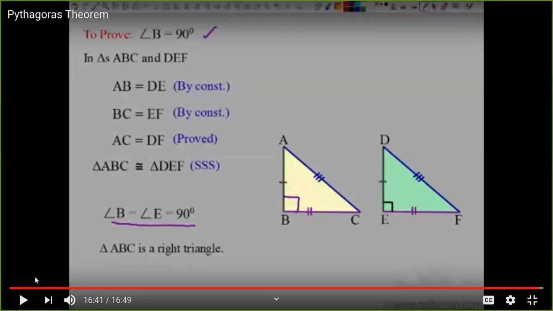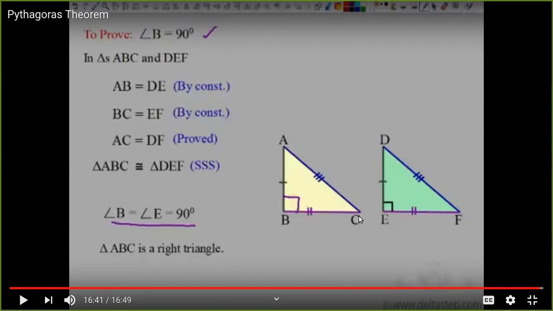So is that clear? You can write it down quickly if you have not written it down so far. So we have brought in the congruence to show that your B and E have to become equal. Because by construction my E is already 90 degrees, my B also has become 90 degrees, and hence I got that ABC is a right triangle. So I started with AC square is equal to AB square plus BC square, and I went back and I have shown that the angle opposite to the first side is going to become a right angle. So I have shown clearly that ABC has become a right triangle.